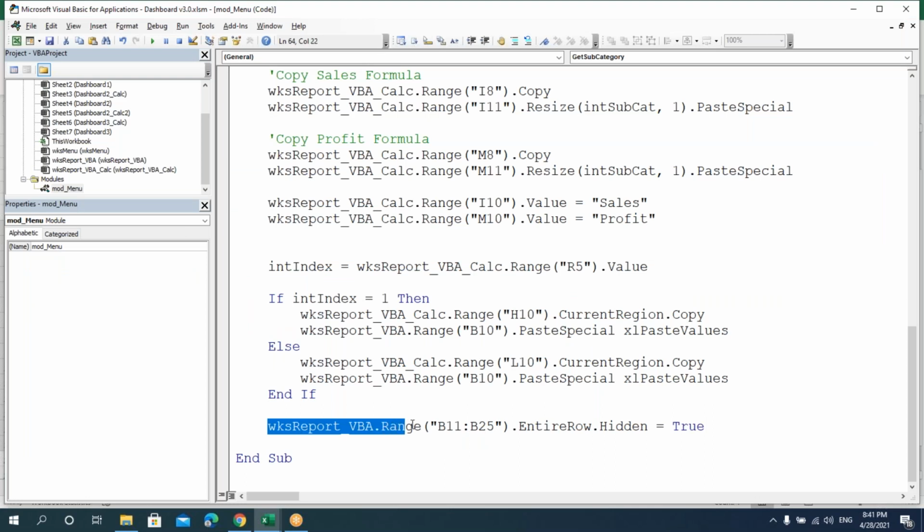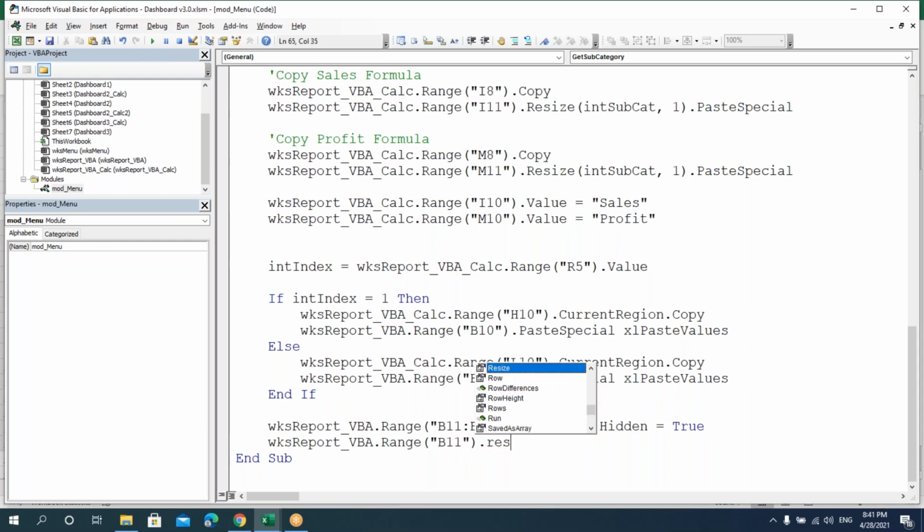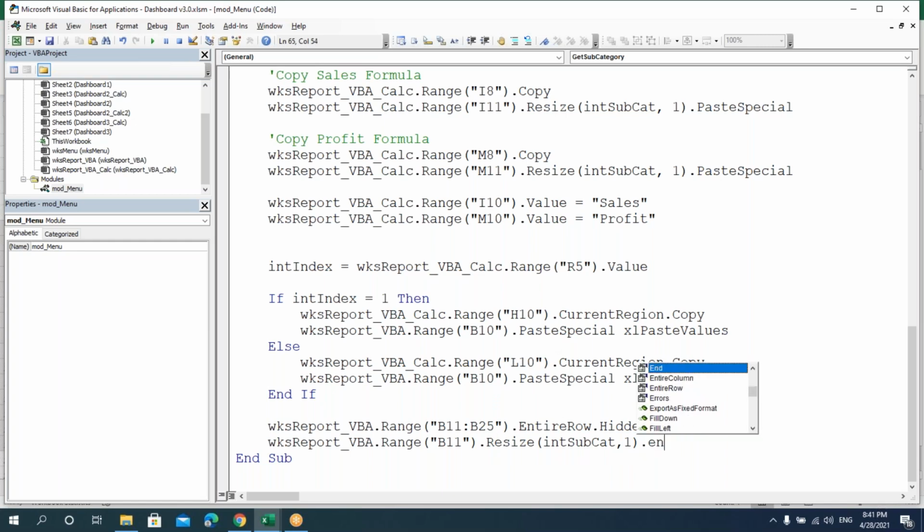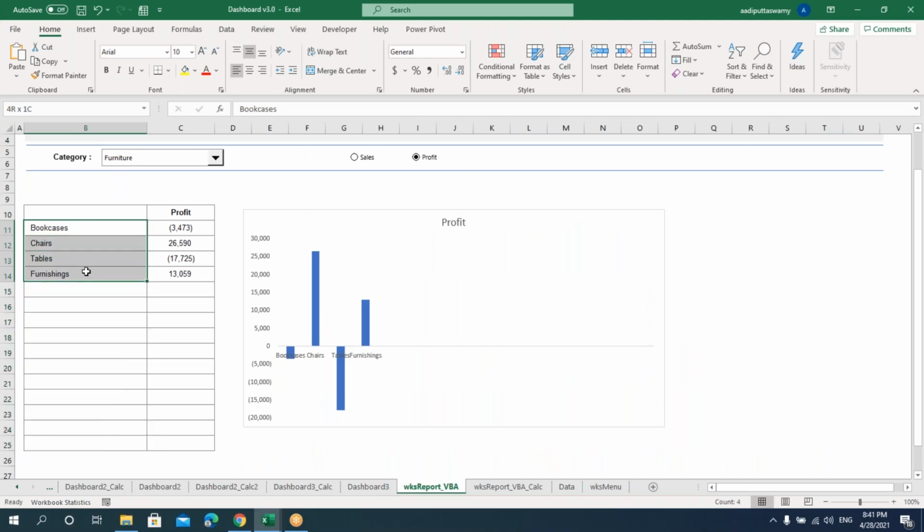We'll say wks dot Range, from B11 dot Resize and say intSubcategory dot EntireRow dot Hidden equals False. Now what will happen is the number of rows whatever is there, the subcategories, only that will be shown, and the rest will all be hidden. Now let's see whether it will work.